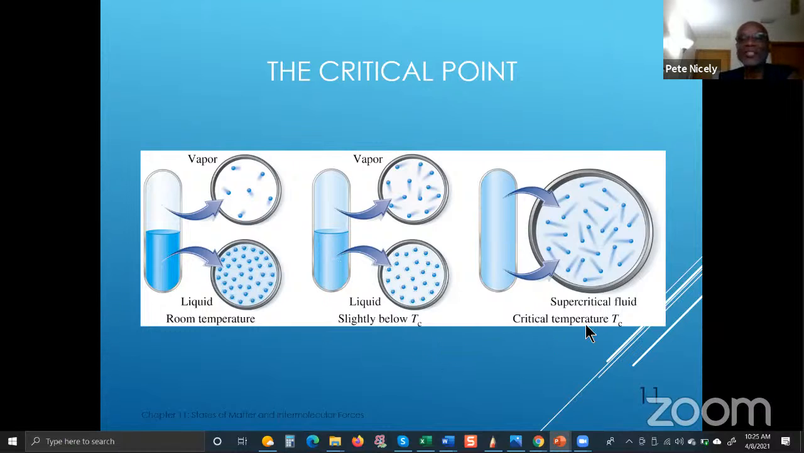And then when you get to the critical temperature, what do you see here? You cannot make a difference between the two. The entire tube is filled with water, but it's now in a state that we call a supercritical fluid, where we cannot distinguish between the liquid state and the gaseous state, all right? So that's basically what the supercritical fluid is all about. Okay, so